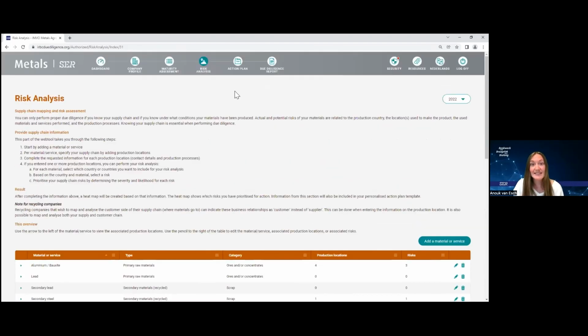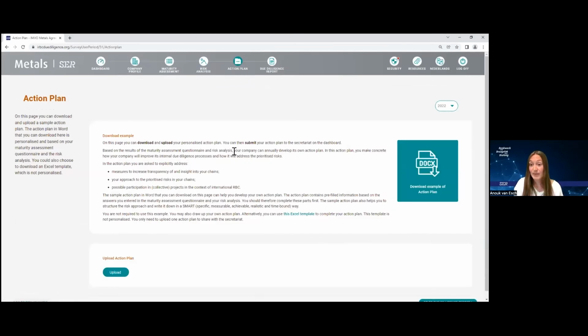Last but not least, companies will get access to a tailor-made action plan. You can download the action plan on this page. The action plan will contain information on the maturity assessment results, so the answers provided.